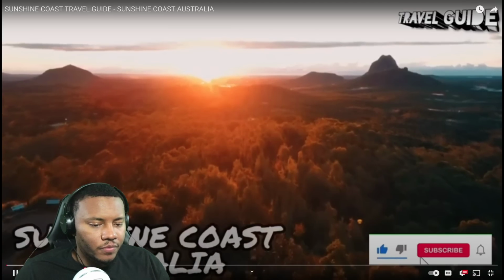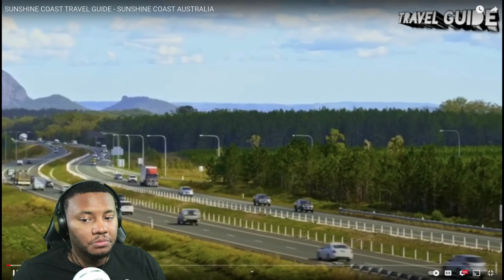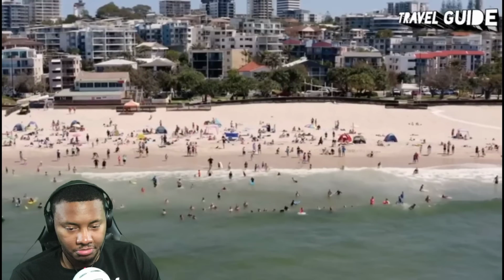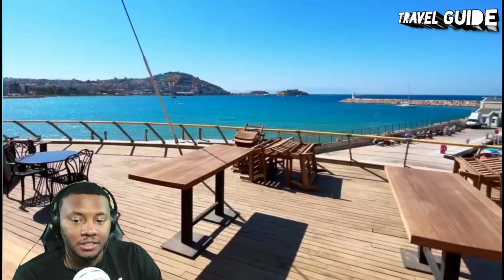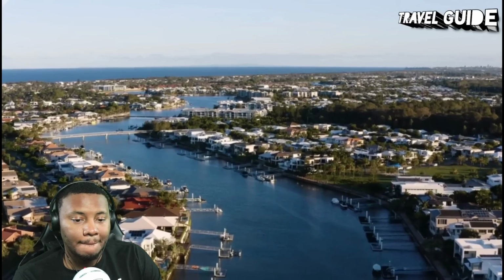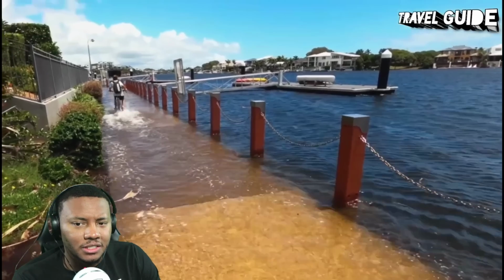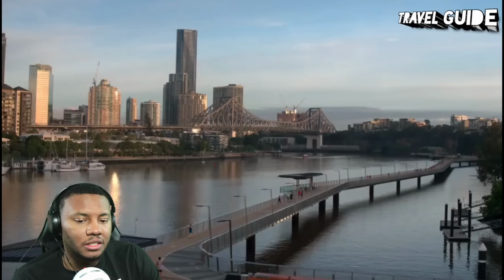The Sunshine Coast in southeast Queensland is certainly true to its name. Sunny skies and an idyllic subtropical climate lure tourists here year-round. Clean beaches, world-class surf breaks, wildlife-rich national parks, and countless tourist attractions. And it's no wonder this is one of Queensland's most popular tourist destinations. The Sunny Coast, as it's affectionately called by locals, is a much quieter alternative to the glitzy Gold Coast just